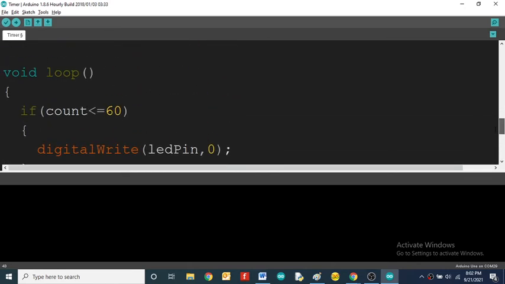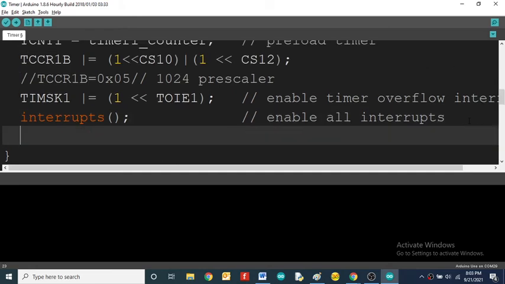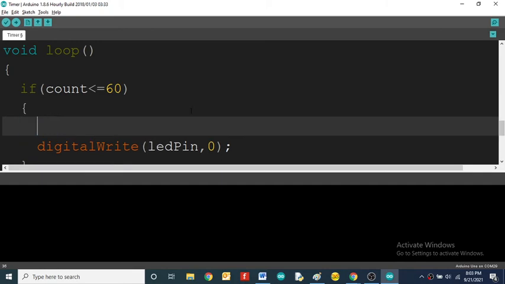Instead of turning on the LED, I will print this information on the serial monitor. Serial dot begin. Instead of serial, you can use an LCD display. I will print Serial dot println LED off.